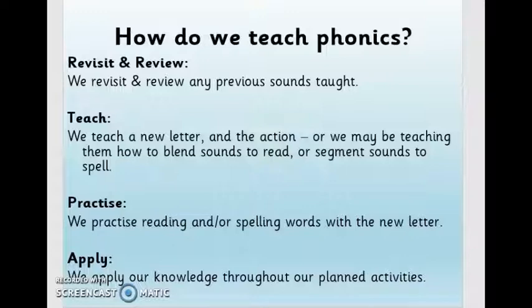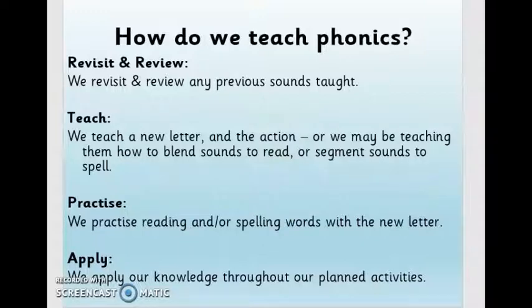This layout here shows you what a typical phonics lesson looks like. We always begin our phonics sessions with a revisit and review. This is where we go through all of the sounds that we have learnt from the previous session. We also go through any camera words and keywords, also known as tricky words or high frequency words, with the children. Then in the session we will teach something new, so this could be a new letter,